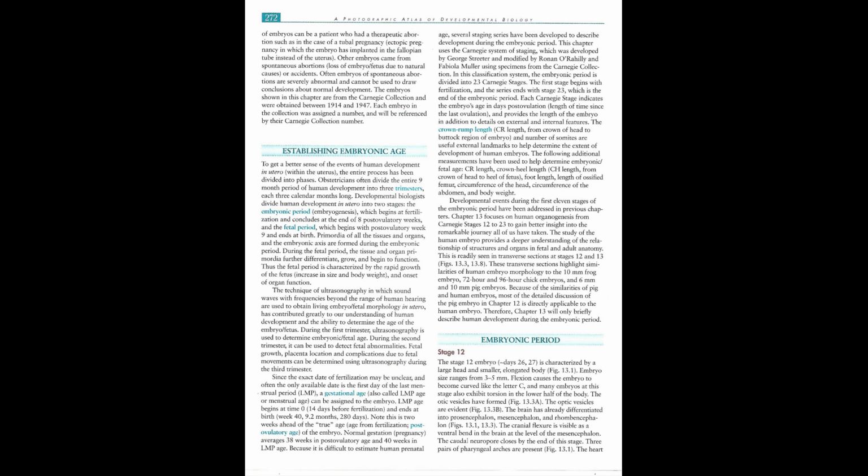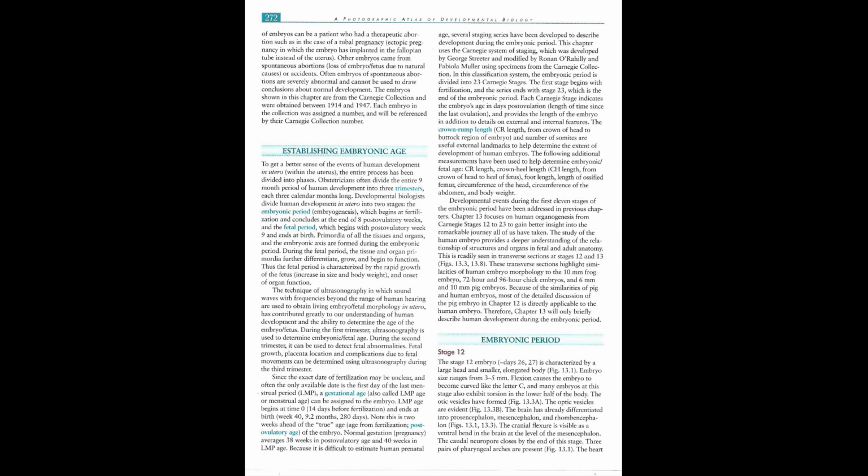Note this is 2 weeks ahead of the true age, age from fertilization, postovulatory age, of the embryo. Normal gestation, pregnancy, averages 38 weeks in postovulatory age and 40 weeks in LMP age. Because it is difficult to estimate human prenatal age,